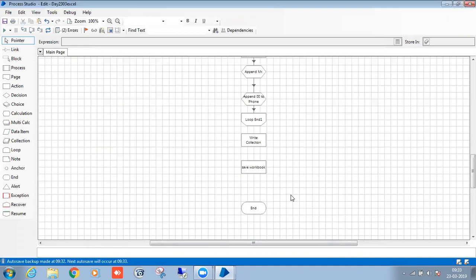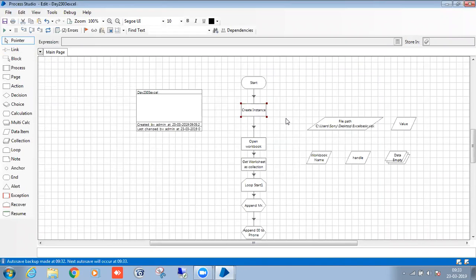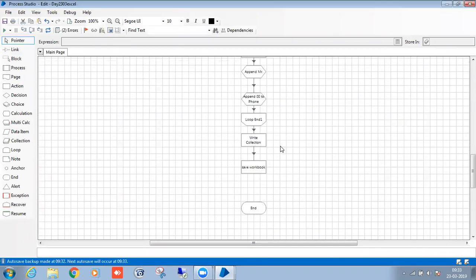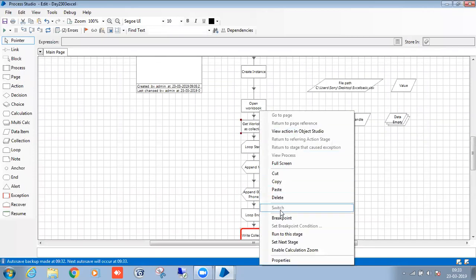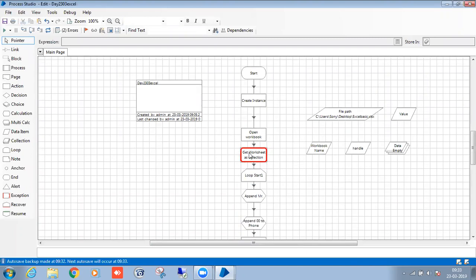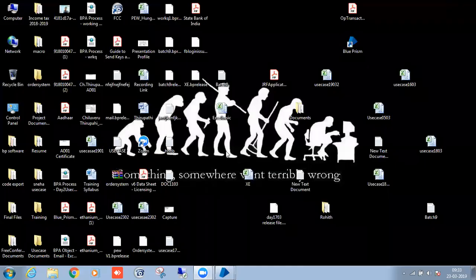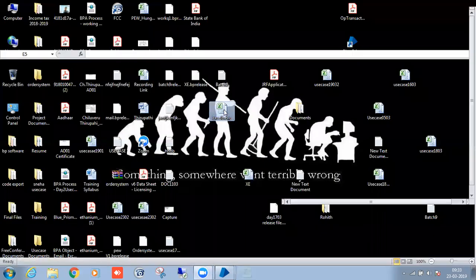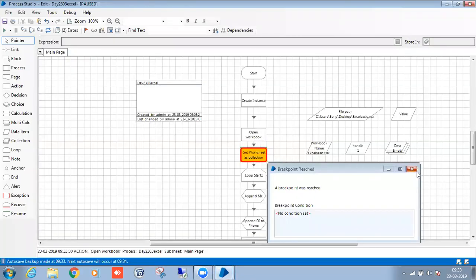You can open it. After saving the workbook, since I'm creating the instance, I need to close the instance. If you do not close the instance, we can't open that Excel file. For example, I will take a breakpoint here, so whenever we run, the process will come and stop here. Done. Now I'm going to the Excel sheet. This is our Excel sheet. You can't open it, because the instance has been created. That's why if you create the instance, you have to close it, and then only that Excel file will open.